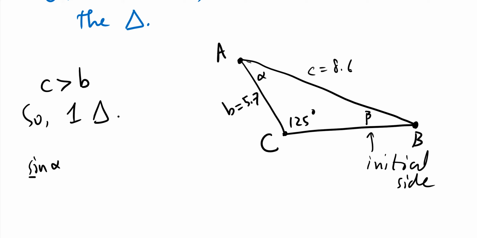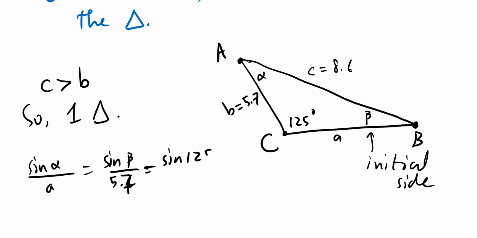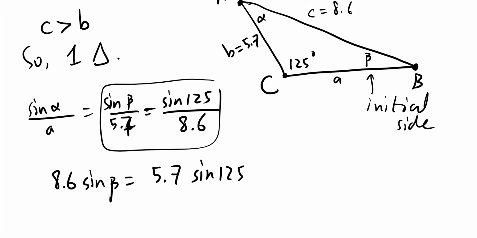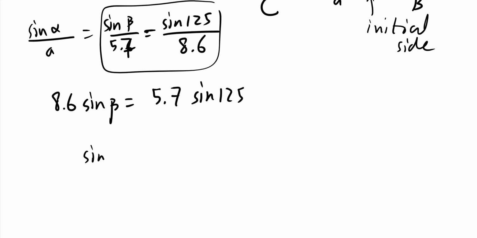So sine alpha over A equals sine beta over B: sine alpha over 7 equals sine 125 over 8.6. Cross multiply: 8.6 sine beta equals 5.7 sine 125. So sine beta